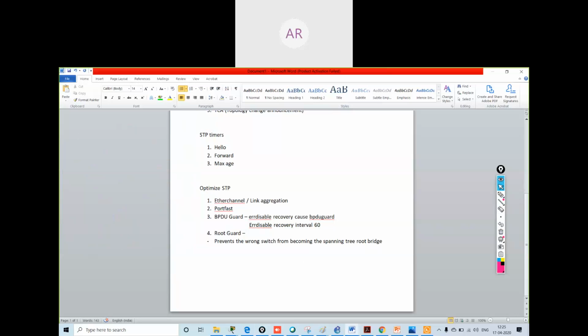Okay. So if a root guard port receives a superior BPDU message, superior BPDU, that might cause it to become